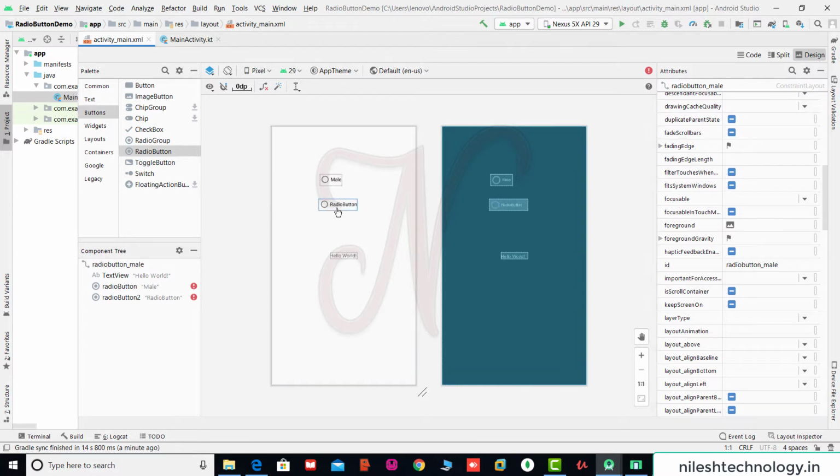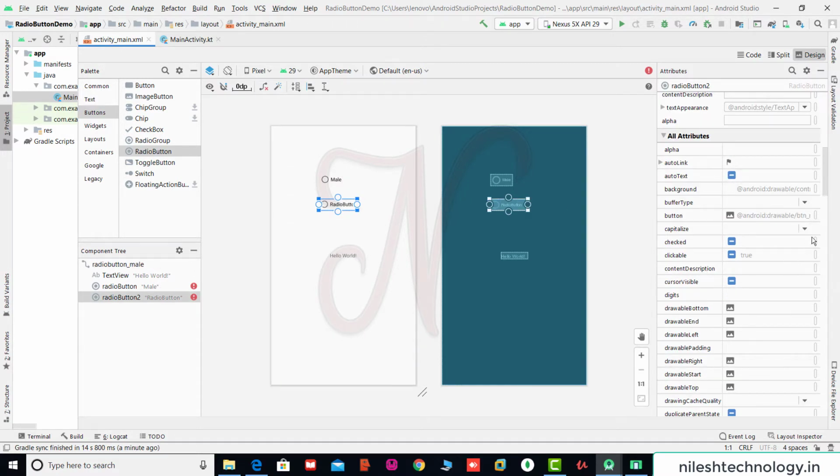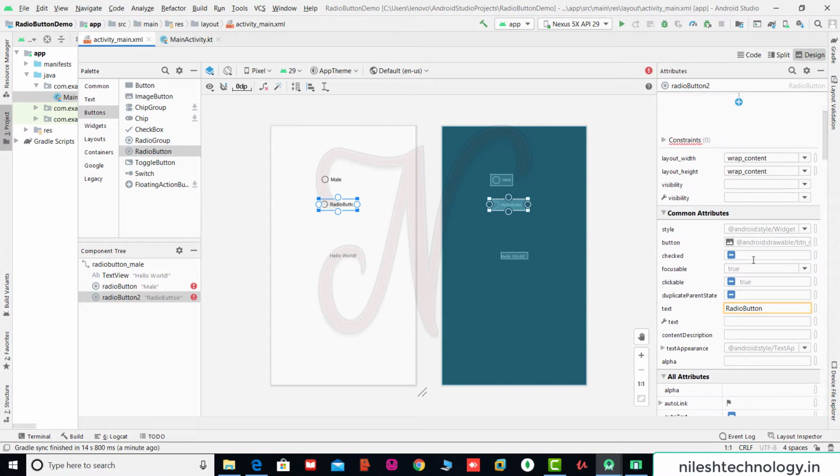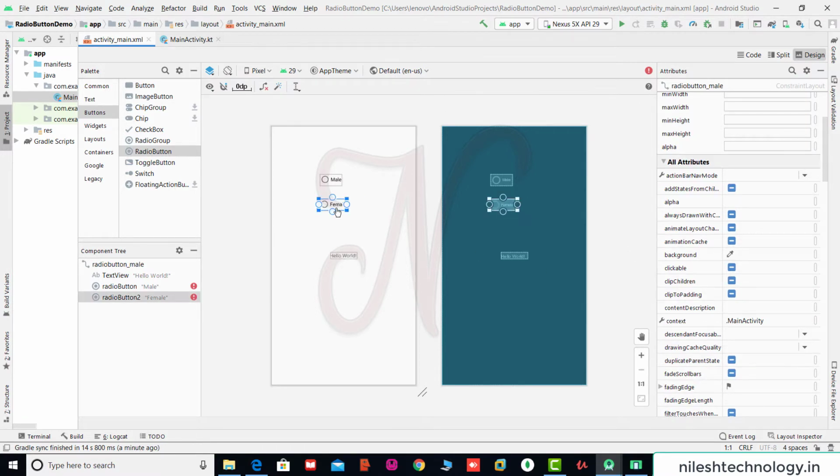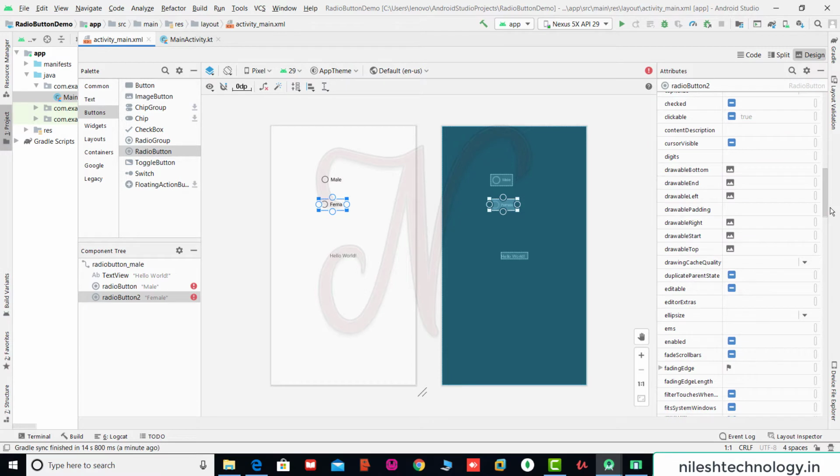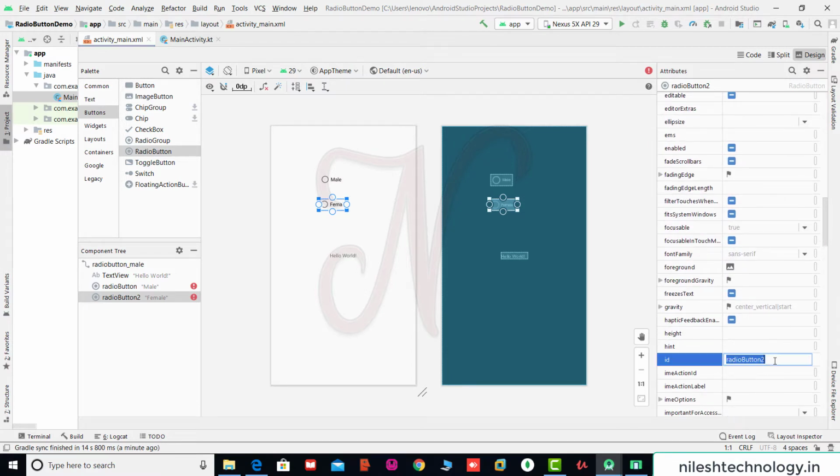Select this radio button, set the text to female, and set the ID to radio button underscore female.